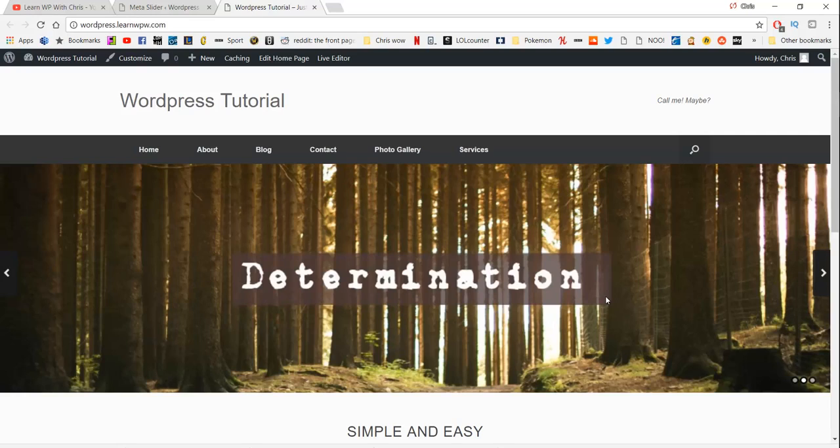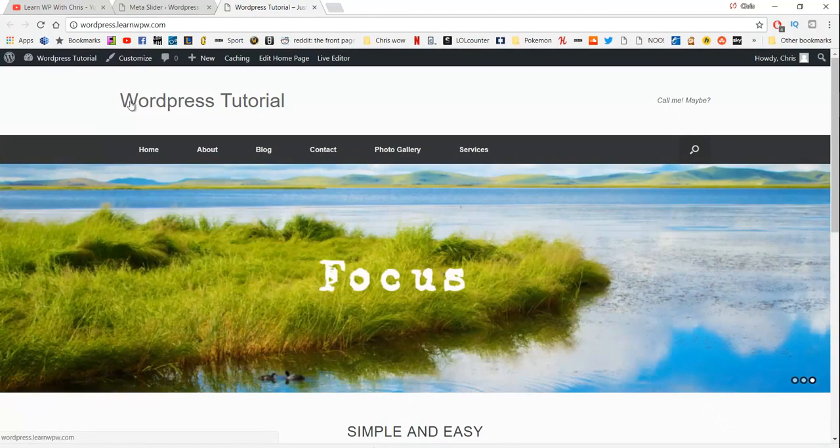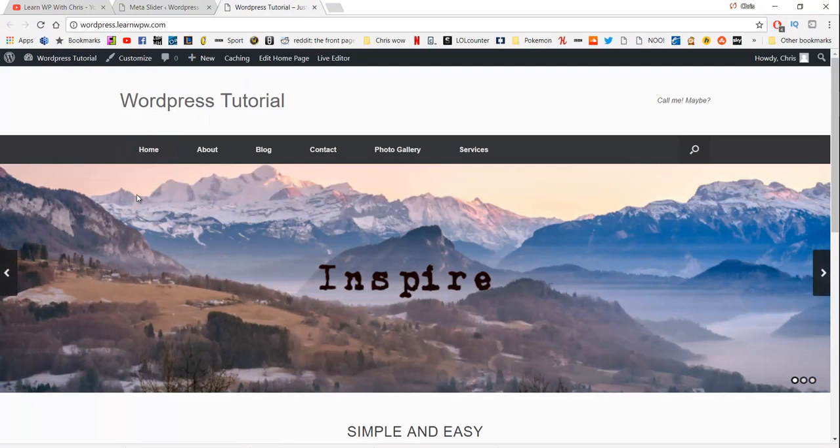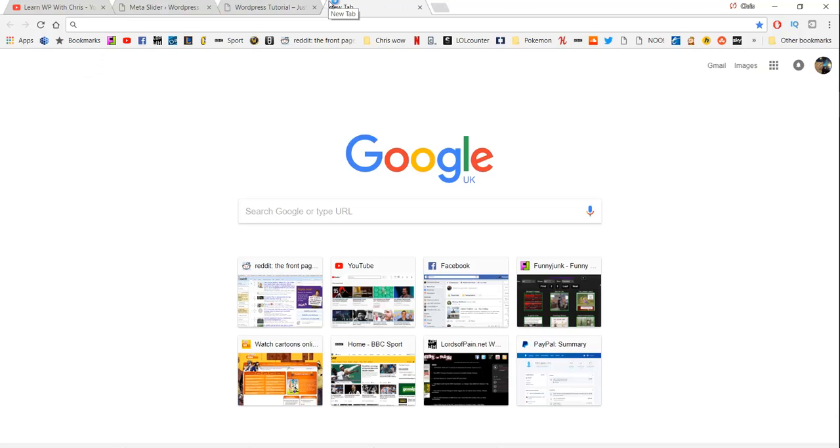Right then, so now that we've got our slider images sorted, what we're going to do now is create our free logo. And I'm going to show you how to do that, like I said there, just for free. And that logo is going to appear just in here, right on the left. So this where it says WordPress tutorial and this call me maybe in this big white bar, it's going to be gone as well. So to make our free logo, we have to go to a site called